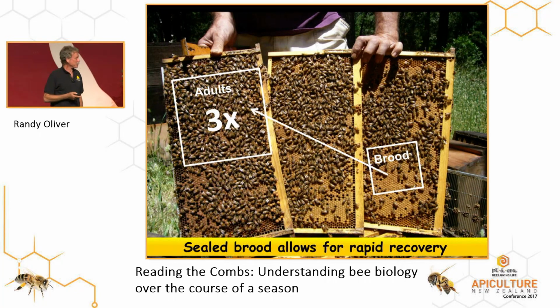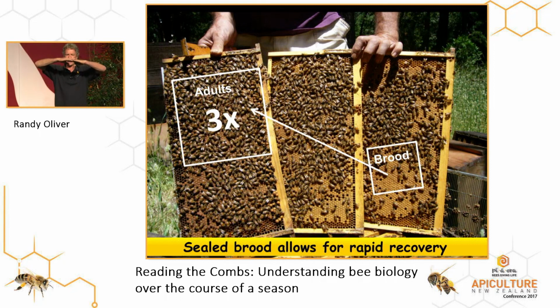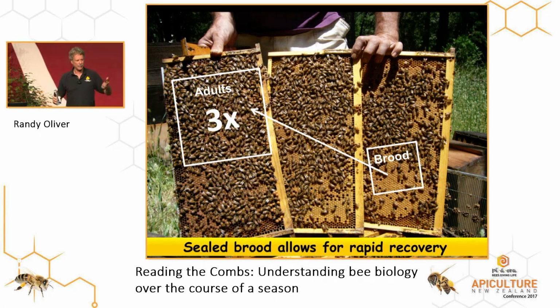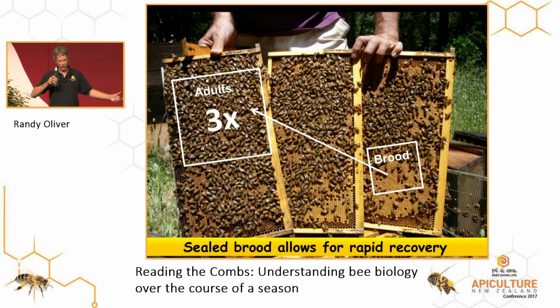Now, the colony recovers very quickly after swarming, because when the larvae and pupae are in the cells, they're stacked like cordwood, like this. They take up very little space. When that worker bee emerges, it turns sideways, and now one worker covers 3 cells. So you have a 3-to-1 expansion. 1 full frame of sealed brood emerges to cover how many frames? 3 frames with workers.